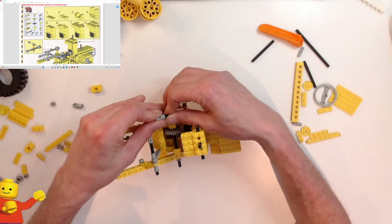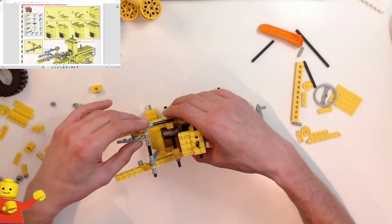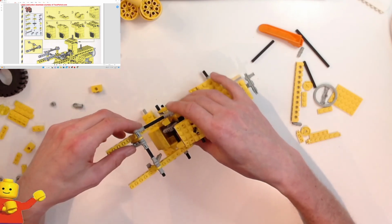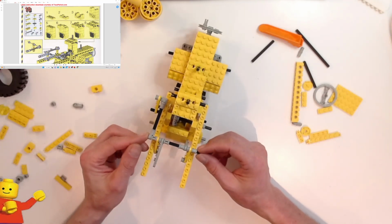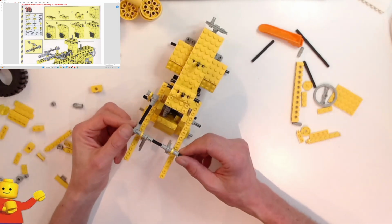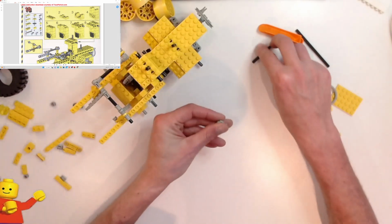Except that's the wrong way round. So that's going to go on there. That's going to go on there. There's no bushings to hold those in place now. This is interesting. I was thinking those should have been the small bushings, because they've got the teeth that would hold it in place, but then it would also stop it from rocking. So no, maybe not. So 6-axle,